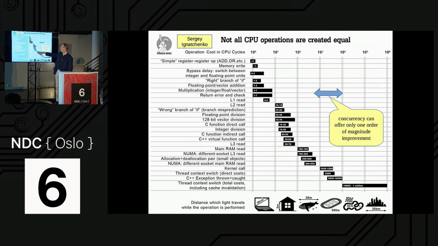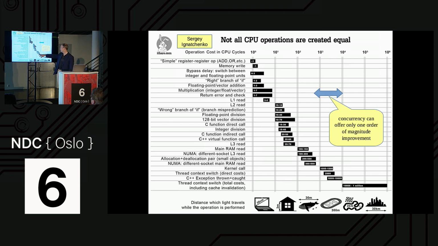More important, a main RAM read here is 100, 150, 300, whatever you feel like. Notice here, allocation and deallocation, 200 to 500 cycles. That's malloc. That's the direct cost of malloc. That's the, I'm going to go over there and look for some memory. Oh, I found some. Actually, malloc is really a way of saying, please go and find me something that's not in the cache. Nobody's using it, it's not in the cache. As soon as you try using it, bang, you're going to get one of these. You're going to start doing main RAM reads that you've not had before, because it's nice cold memory. So malloc is nice and slow. So let's see if we can get rid of that.